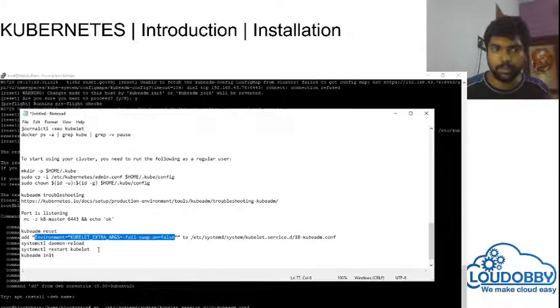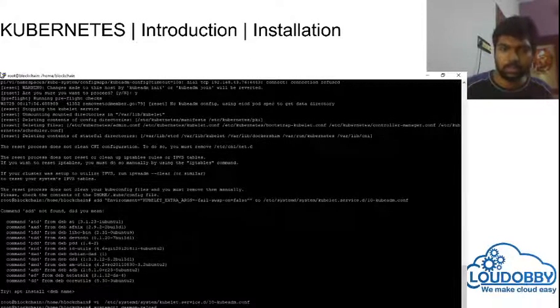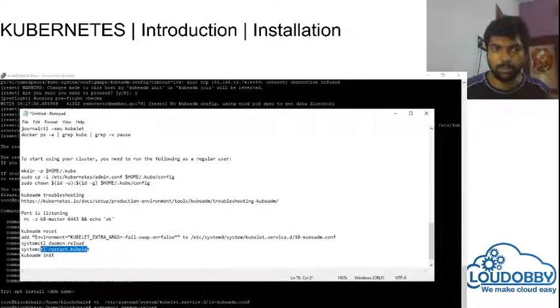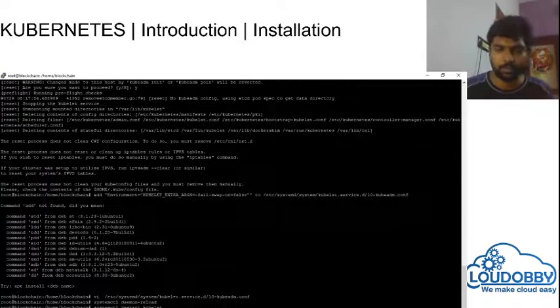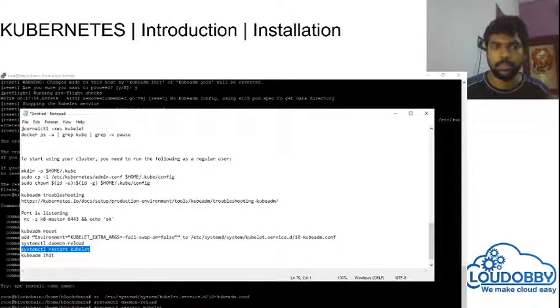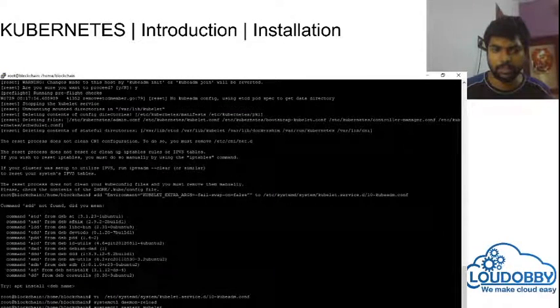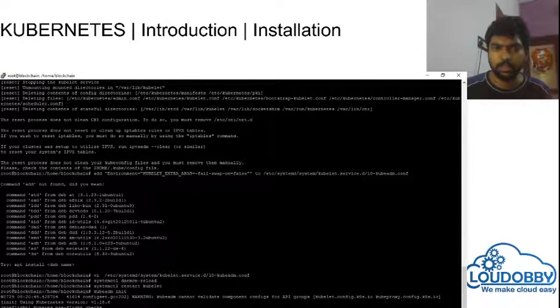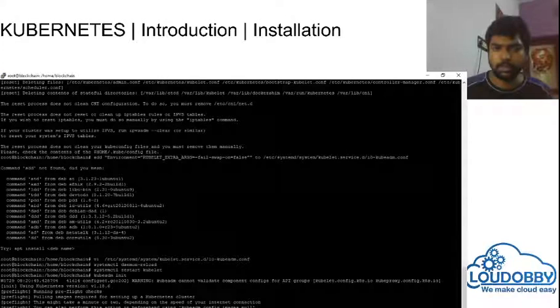Now, since we added to the file, we need to reload the daemon. Then we need to reload the kubelet, which is the agent. So once we restart, let's see. So we have started the kubelet again.